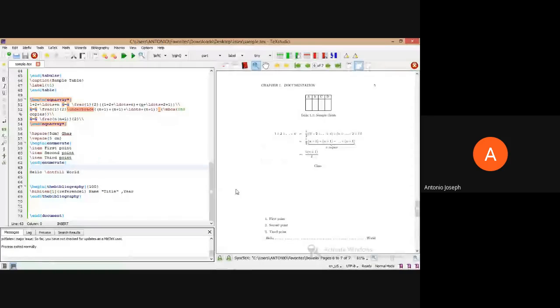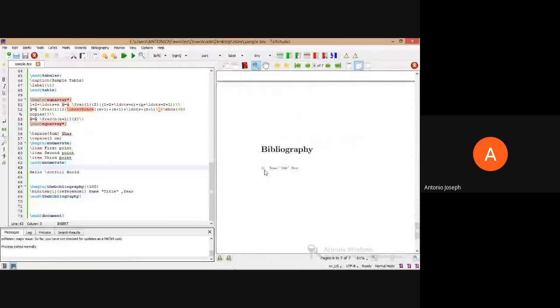So in the bibliography, now the number is there, then name, title, and other things that we can provide as an input.